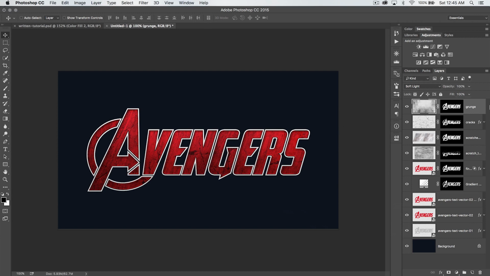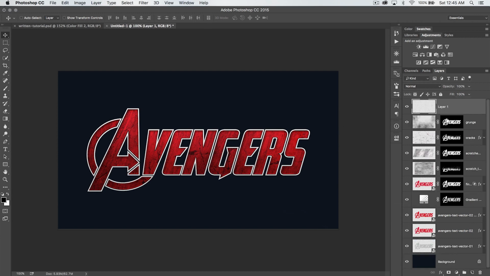So with the grunge layer there, let's move on to the next layer, create another new layer. This one, I'm going to name it Fine Scratches. One of the beauties of the Avengers text is there's so much fine detail that goes into this text effect. So we're actually going to apply 2 different types of fine surface scratches. They're going to do a number of things. They're going to really add a lot of depth to our text, but they're also going to start to build this false illusion that our text is actually kind of deep. Like there's a glassy surface on the top, and then the cracks and the texture are sort of this layer that's in and